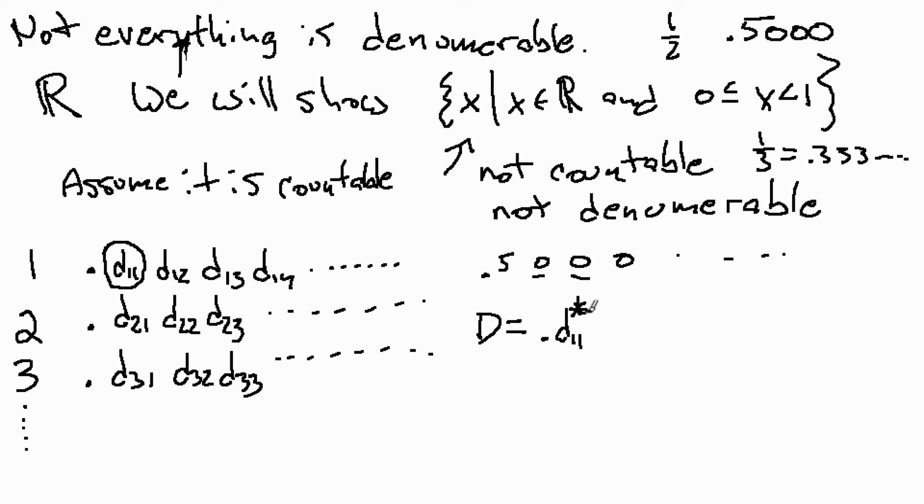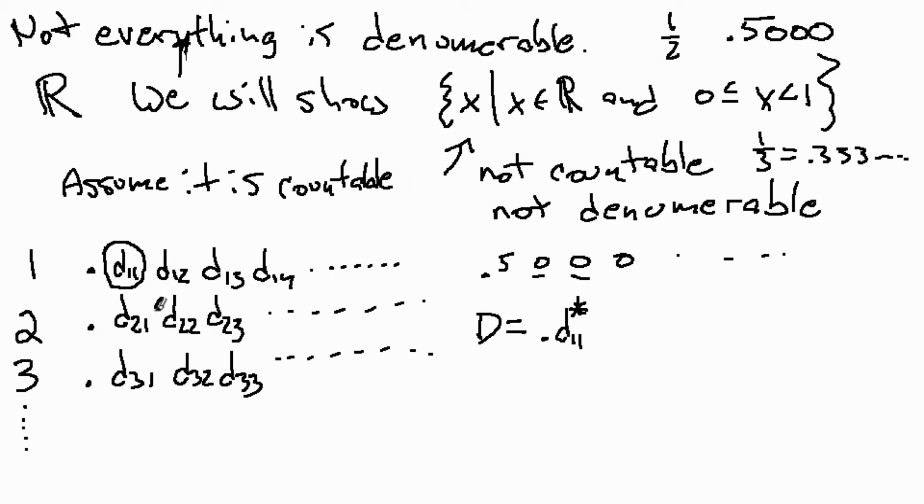And what the star means is that this digit here can actually be any digit except that one. So for example, if D11 was a 5, this could be a 7, or it could be a 2. I don't care, all right? But then what I want to do is come down here and go down